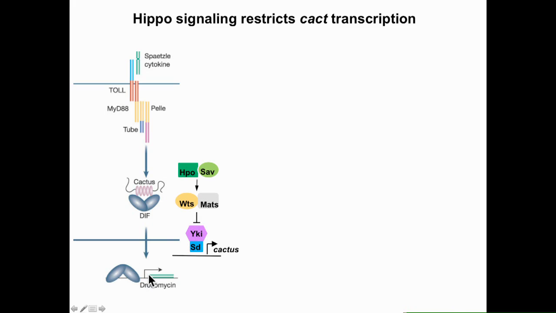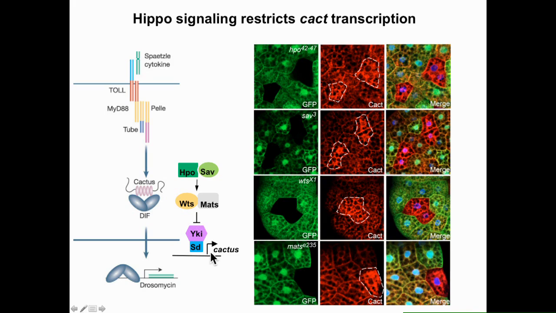To make a long story short, what Bo discovered was that the Hippo signaling pathway converges on a particular component of the canonical Toll pathway, which is Cactus, and in particular regulates the transcription of Cactus. So I will show you a few slides to demonstrate that. First, when he looked at mosaic clones of fat body, for example single cells missing either Hippo or Salvador or Warts or Mats gene product, here labeled by the lack of GFP, I hope you can appreciate that cells missing these tumor suppressors all have a very strong elevation of Cactus expression